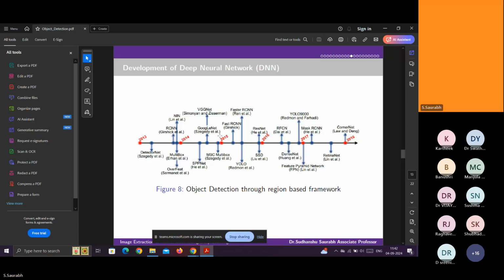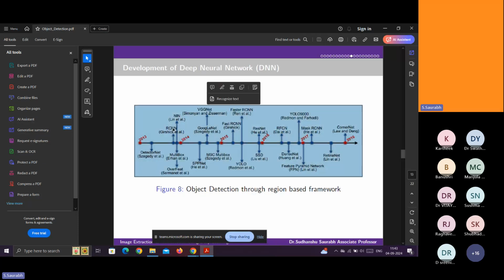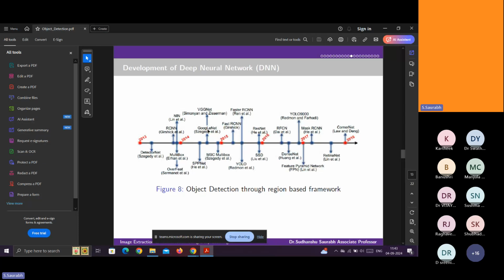And just now I discussed the SPP network. The SPP network is not that useful, so it is better to use VGG Net, RCNN, or GoogLeNet. But GoogLeNet's performance is sometimes good and sometimes not, depending upon the type of data. So VGG Net is better than GoogLeNet.